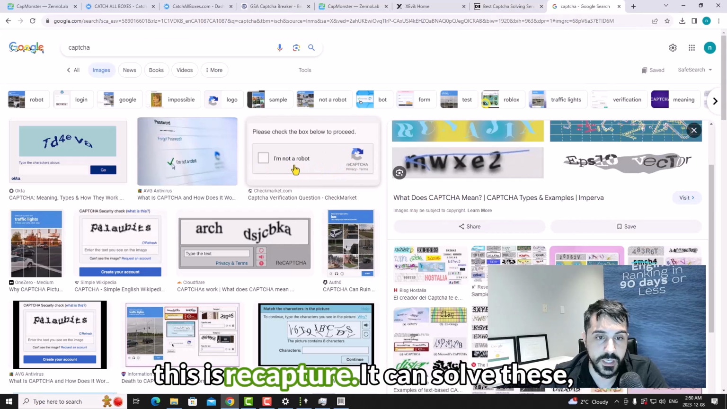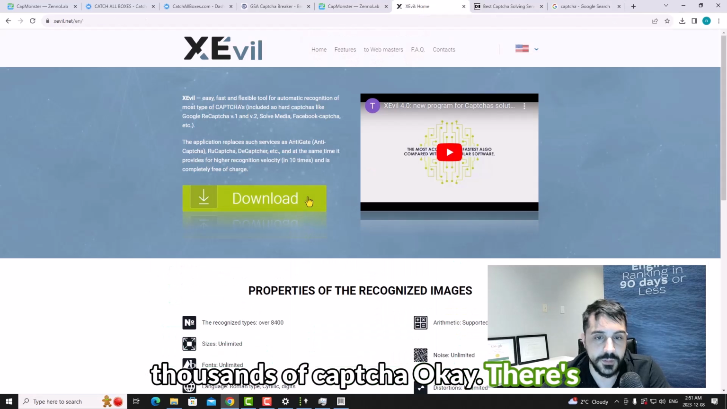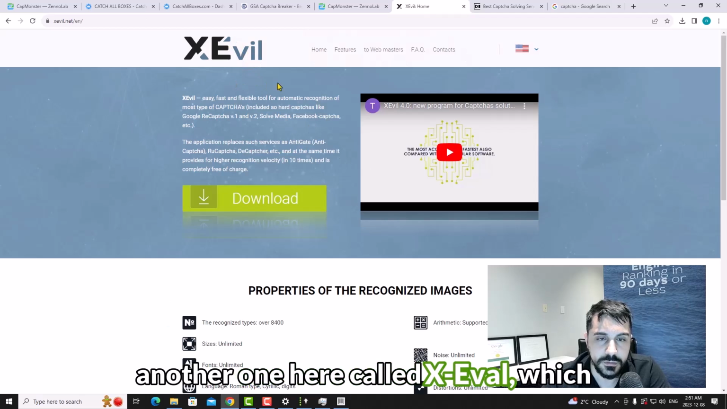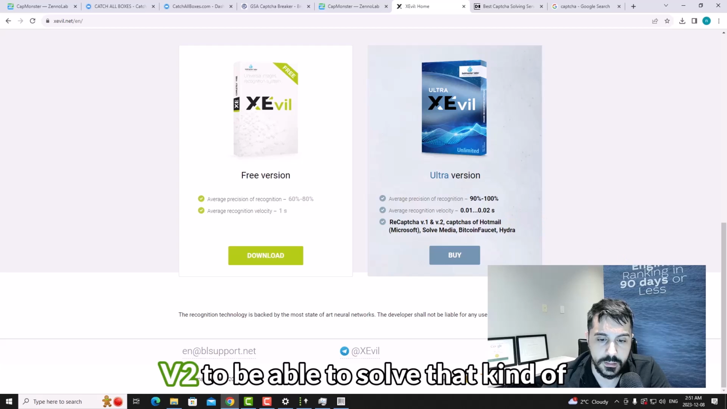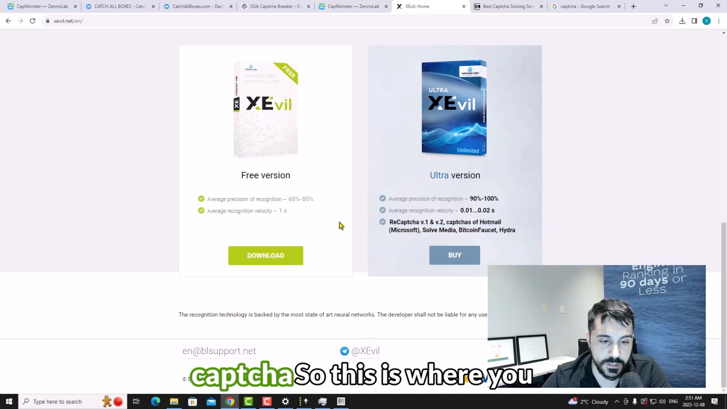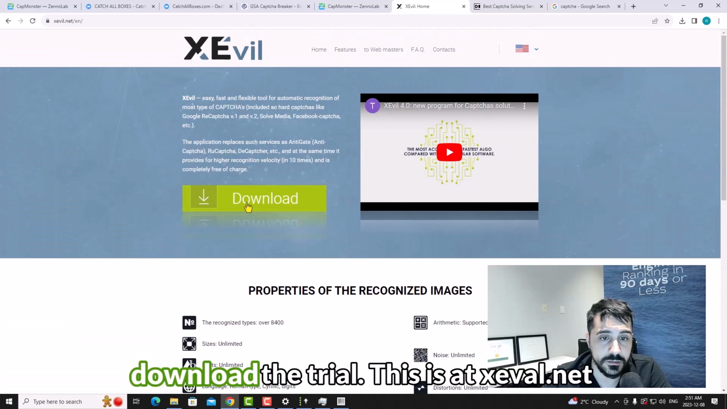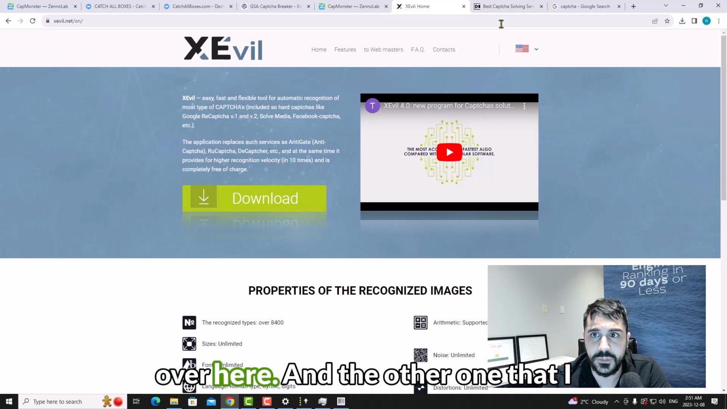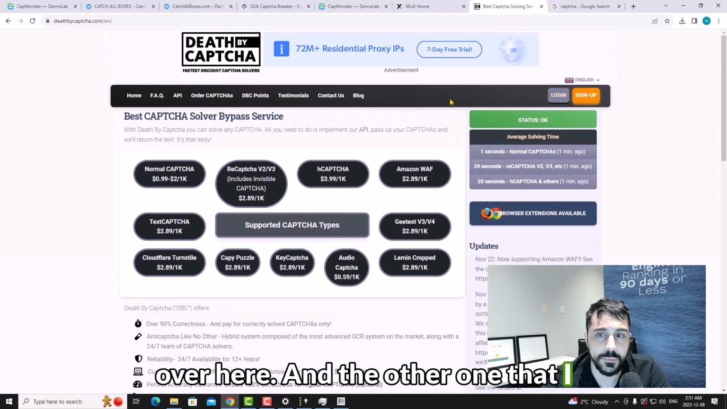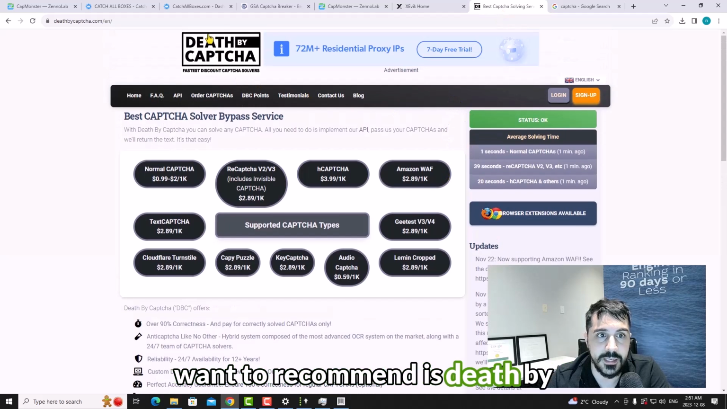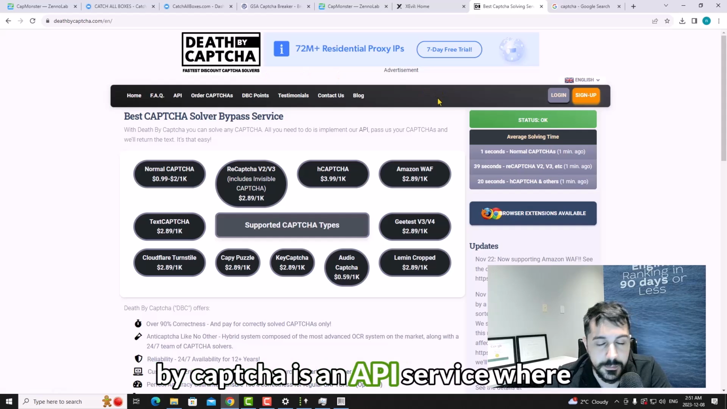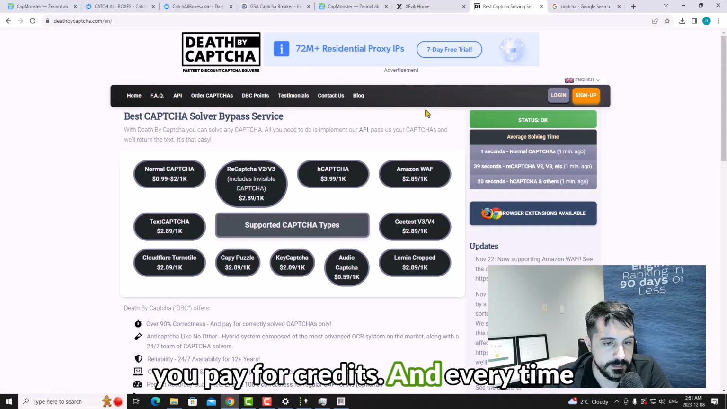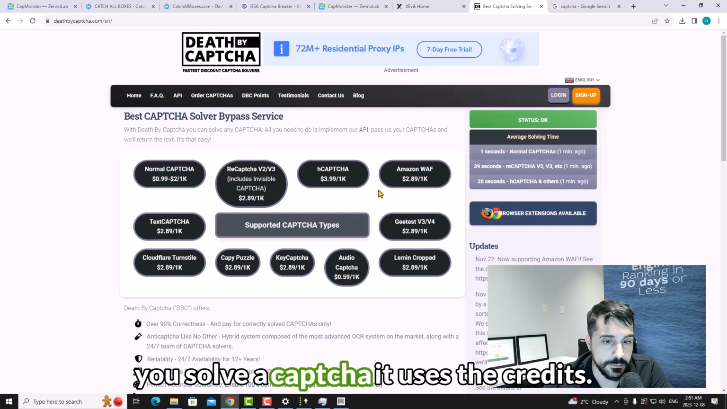Like this one, this is reCAPTCHA. It can solve these. There's another one here called Xevil. This one also does reCAPTCHA V1 and V2 to be able to solve that kind of CAPTCHA. This is where you download the trial, at xevil.net over here. And the other one that I want to recommend is Death by Captcha. Death by Captcha is an API service where you pay for credits,